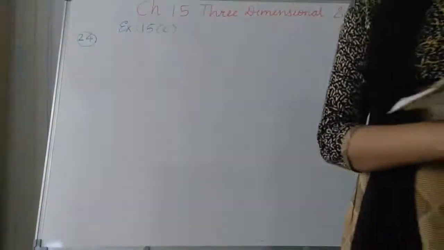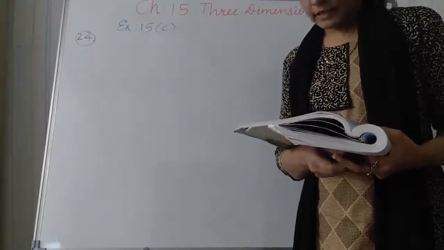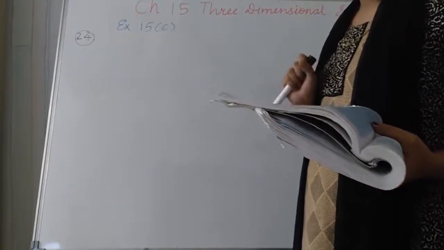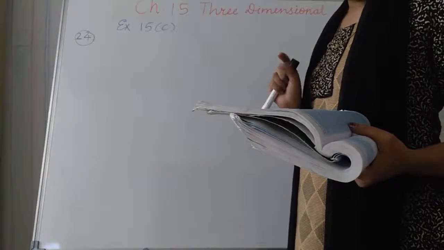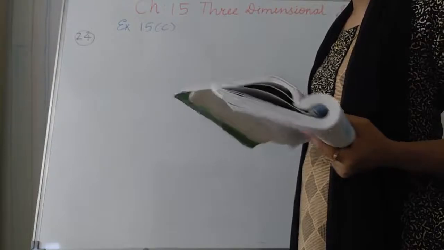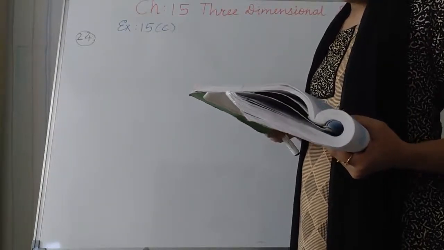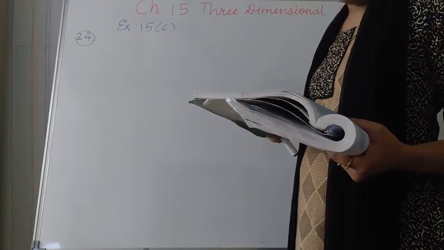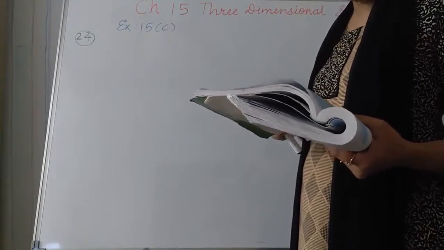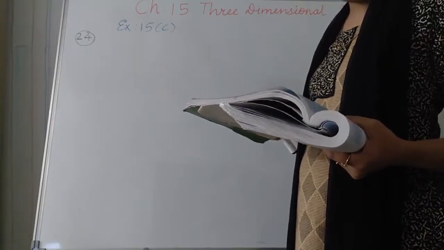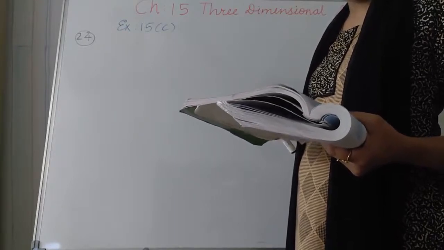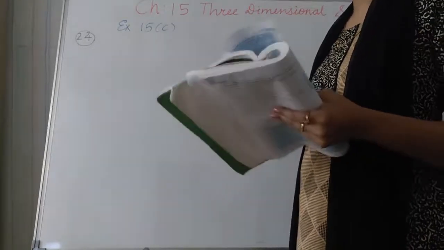So here a metallic cylinder has radius 3 cm and height 5 cm. It is made of a metal A. To reduce its weight, a conical hole is drilled in the cylinder as shown in the figure. So here we are given figure already, and it is completely filled with a lighter metal B. The conical hole has a radius of 3 by 2 cm and its depth is 8 by 9 cm. Calculate the ratio of the volume of the metal A to the volume of the metal B in the solid.